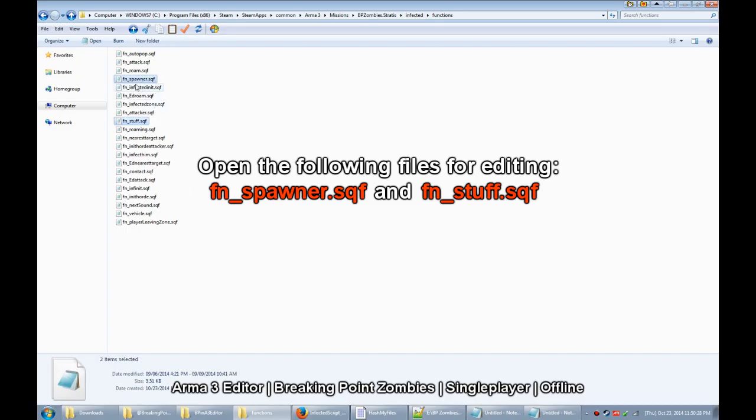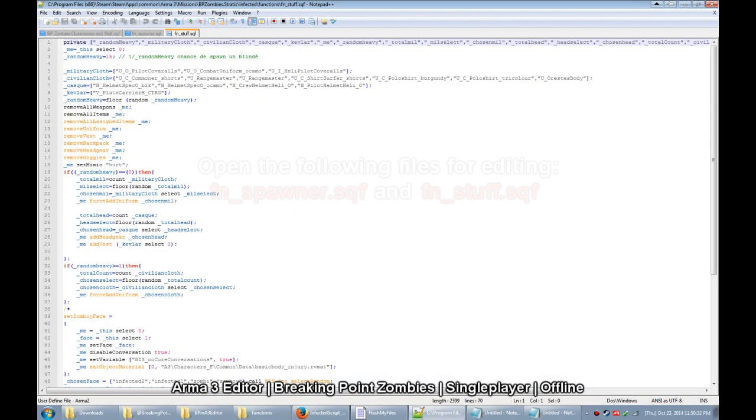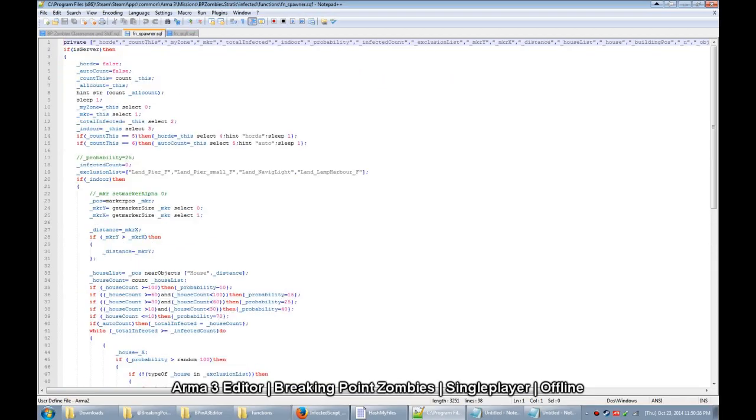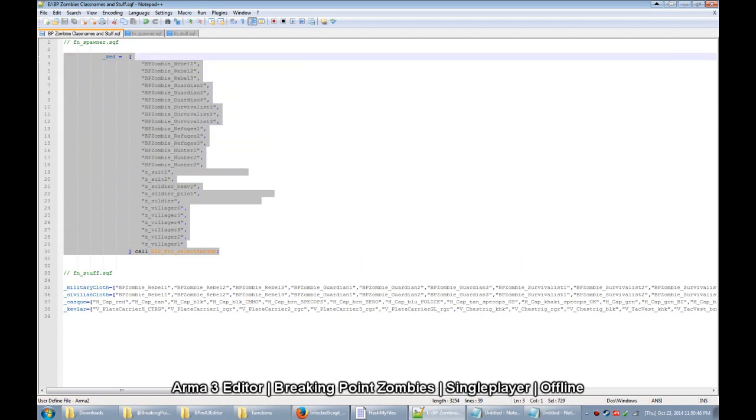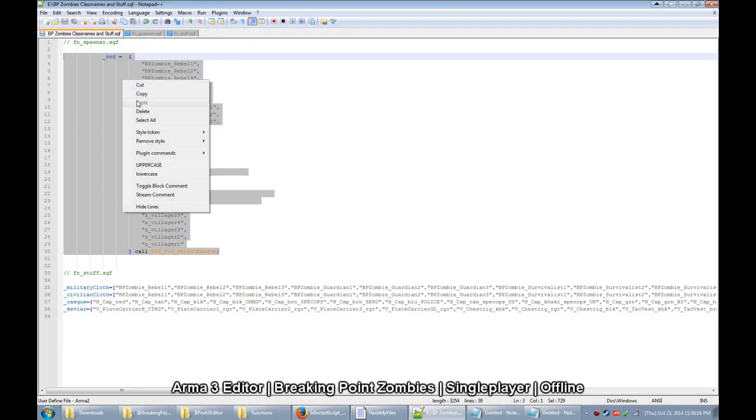Right there, and open it up in Notepad, and you will see this. So what we do next is we copy this code corresponding to the different Breaking Point zombie class names. We copy this,